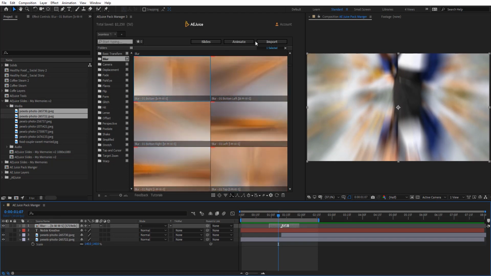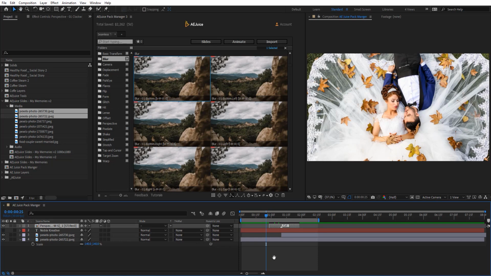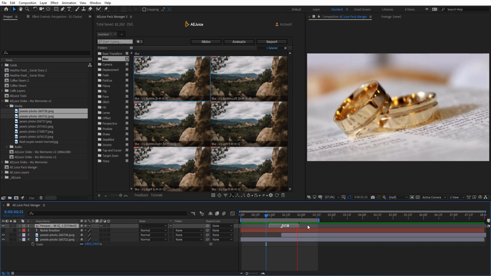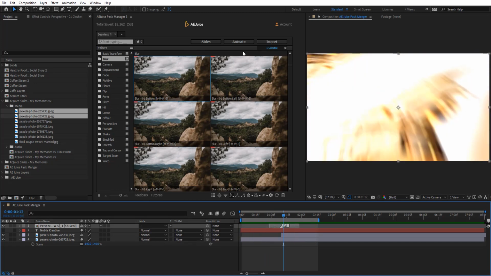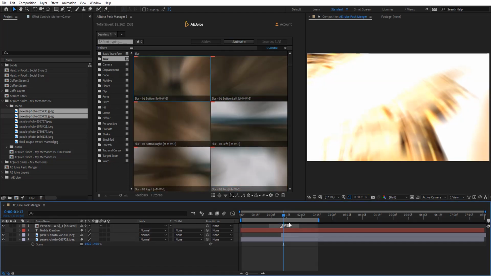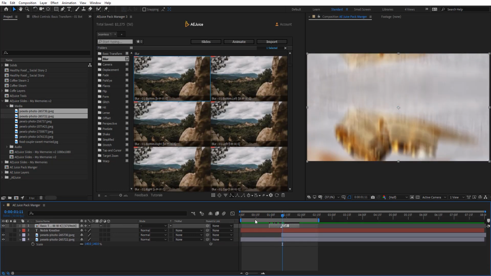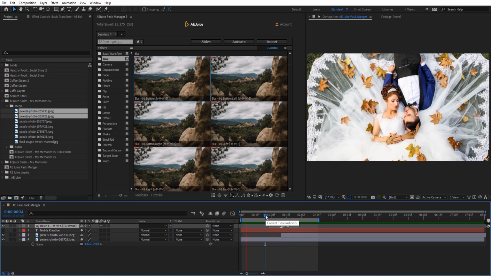We have this Animate button, so we can just hit it and it's going to randomly pick one of these transitions and replace it. So now we got a different one right here, as you see. This is pretty cool. You can hit Animate again and we're going to get a totally different transition. You can see it even updates the name of that transition. So here we got this kind of basic transition.